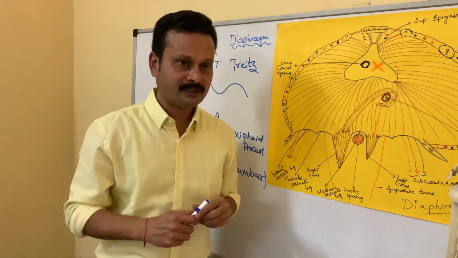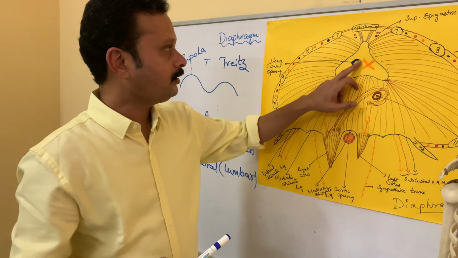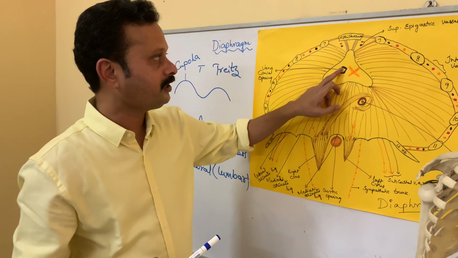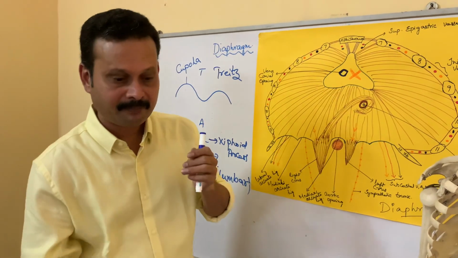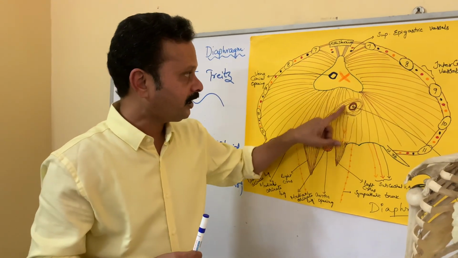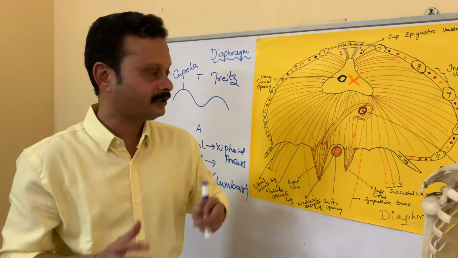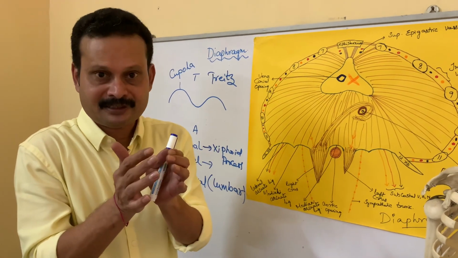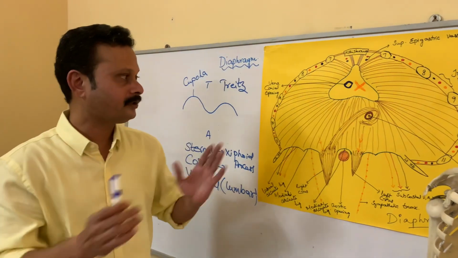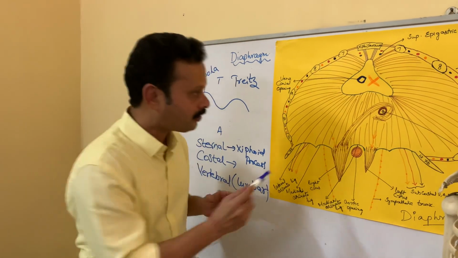And on the openings of the diaphragm, during contraction the vena cava opening dilates, thereby increasing the venous return to the heart. We have the esophageal opening. During contraction, the esophageal opening constricts. And the aortic opening is nowhere related to the actions of the diaphragm because it is a